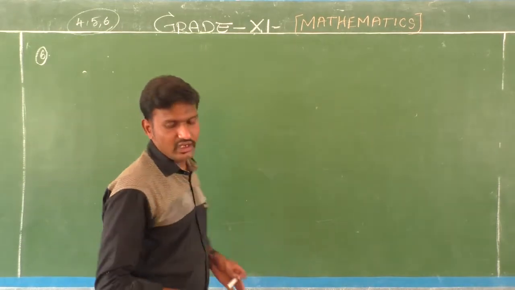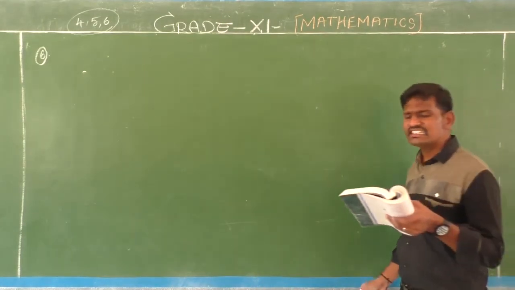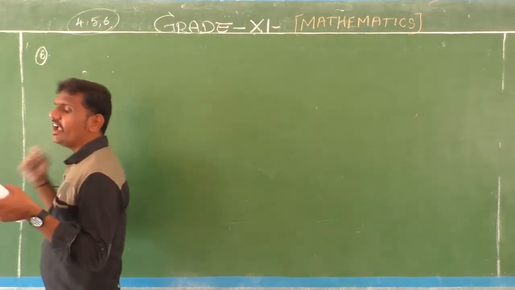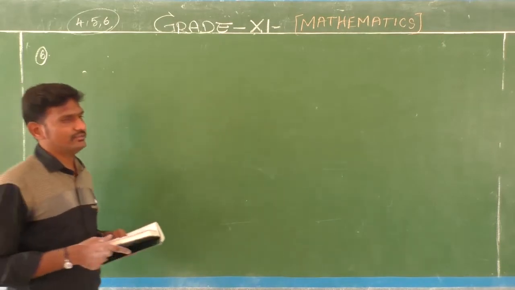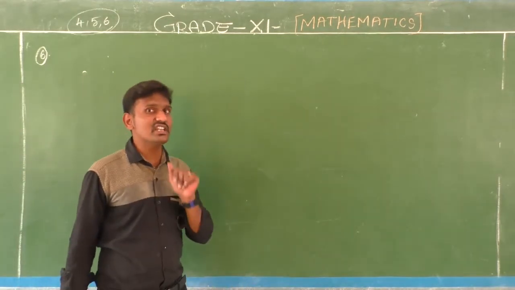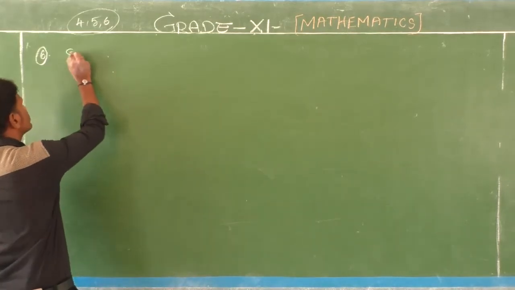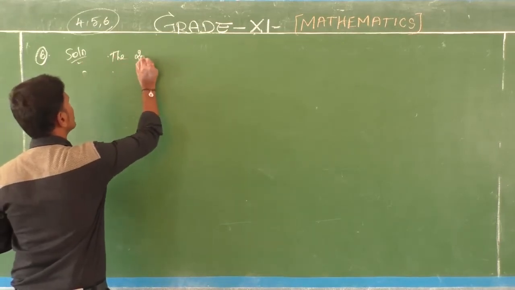Yes student. Now listen, you have the sixth question. Find the sum of all 2-digit numbers which when divided by 4 yield 1 as a remainder. So we are going to take the 2-digit numbers first. All 2-digit numbers. Do you know what the 2-digit numbers are? Yes. So question number 6. The 2-digit numbers are.